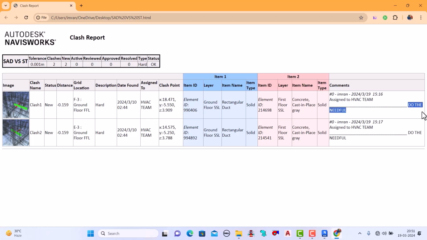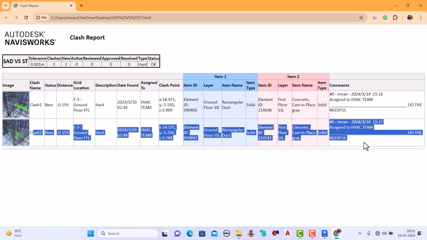And what is the comment? Do the needful. So we have to do the needful accordingly, okay. Similarly the class 2 is the same thing, okay. So now